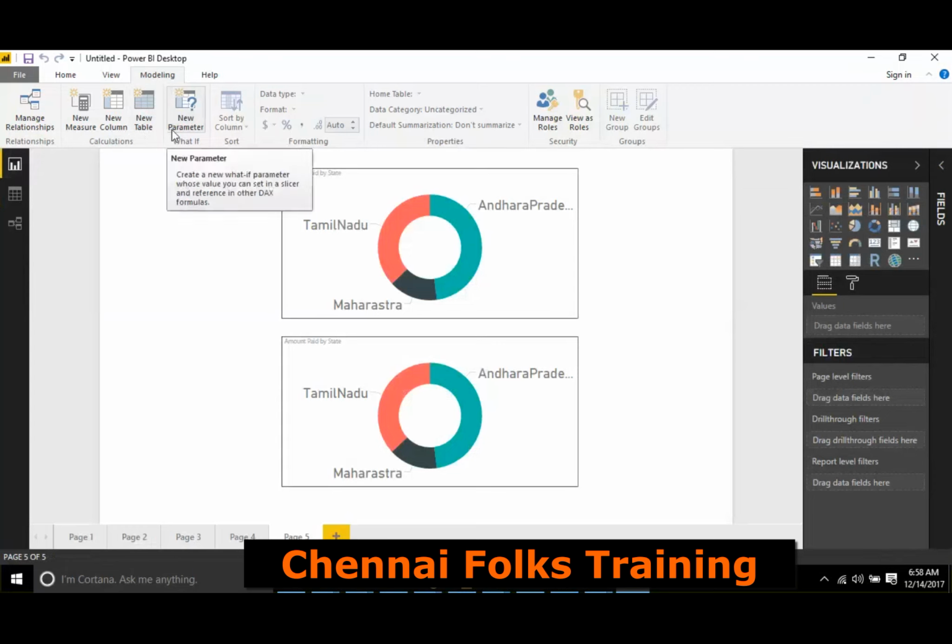And the new parameter, the what if parameter concept, we are going to see as part of edit queries tomorrow. By tomorrow we are going to close everything, and as part of edit queries we are going to see these parameters and what if parameter. Next one, like here,